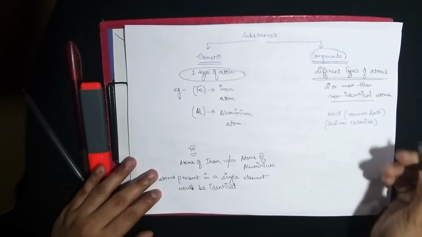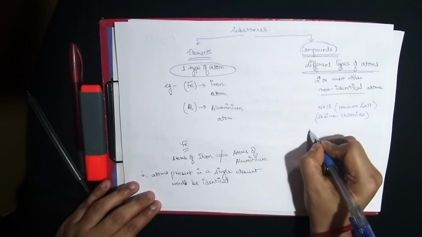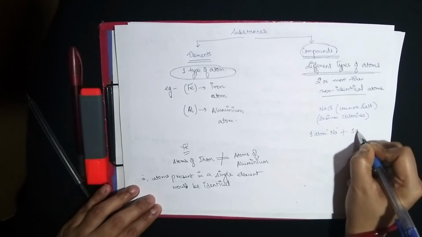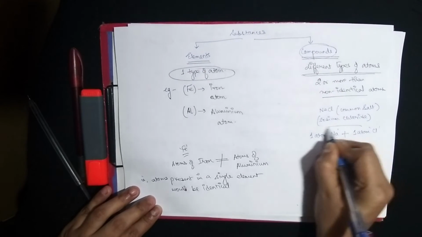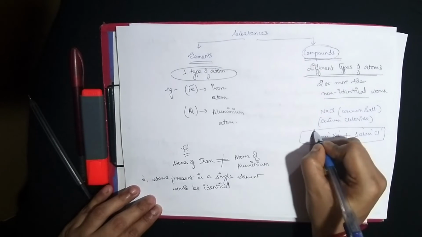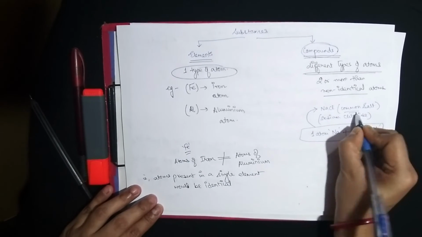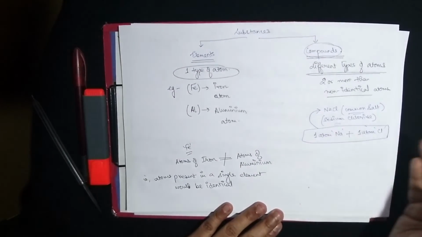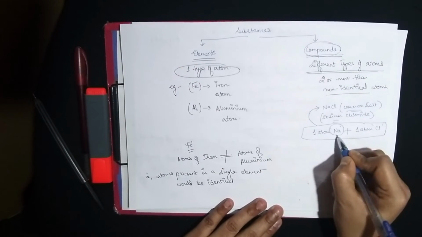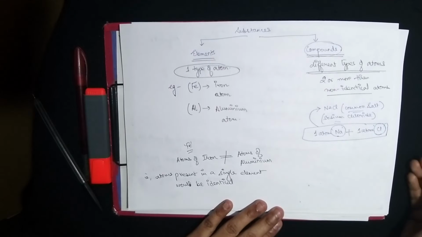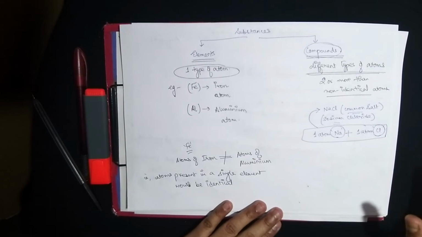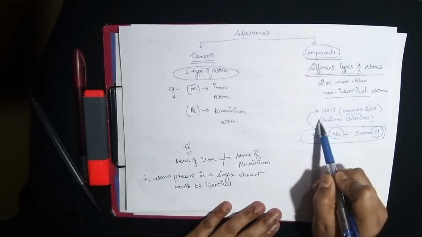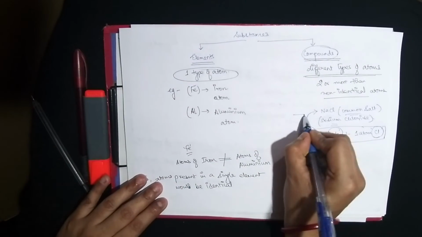You can see here very clearly that one atom of sodium plus one atom of chlorine, when clubbed together, form a compound called NaCl or common salt or sodium chloride. That means here NaCl is not at all an element, because these are two non-identical atoms, one is sodium and another is chlorine. These two non-identical elements, when combined together with the help of a bond, form a compound called sodium chloride. This is a very good example from our day-to-day life.